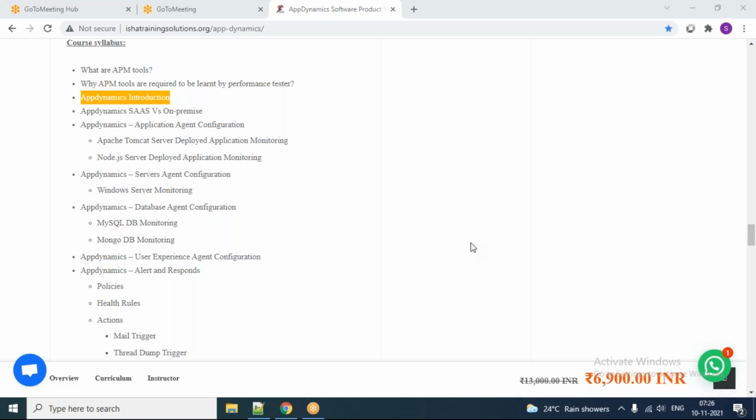We cannot take client level performance from a performance testing tool. We can take only the server level stuff. Yeah, good, Arvind. That is it.